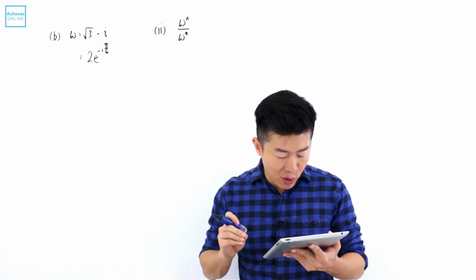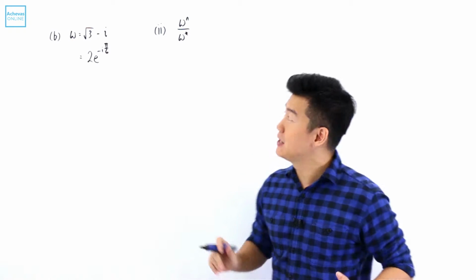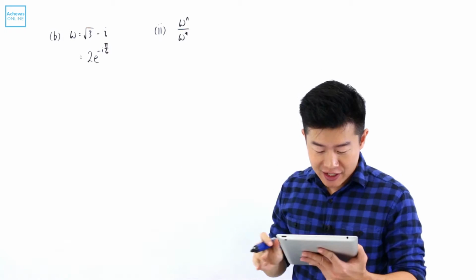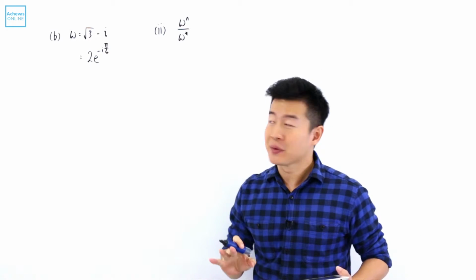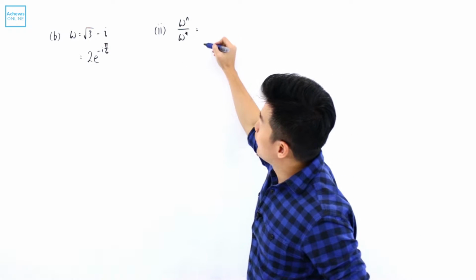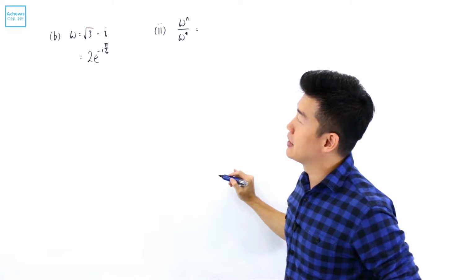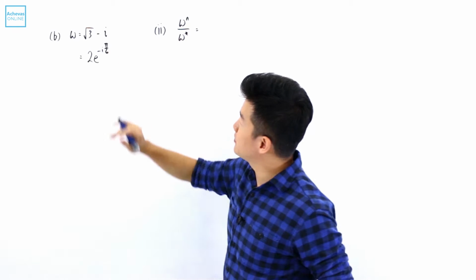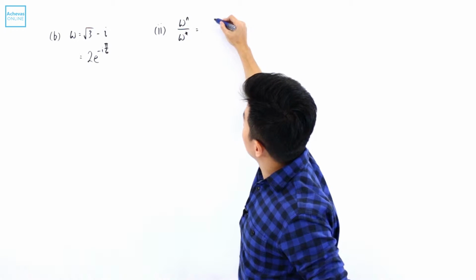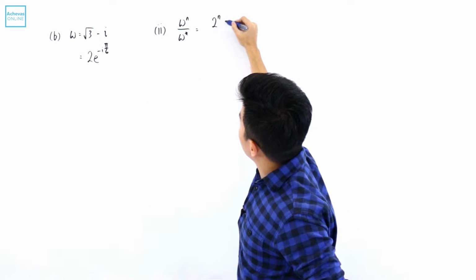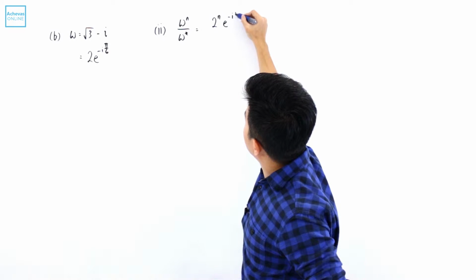We want to find the smallest positive whole numbers of n such that this expression here is entirely real. I'm going to make use of De Moivre's theorem once again, replacing w by 2e to the power of minus i pi over 6 that I found in the previous part of the question. So this is going to be 2 to the power of n, e to the power of minus i n